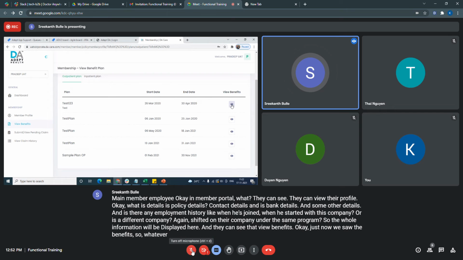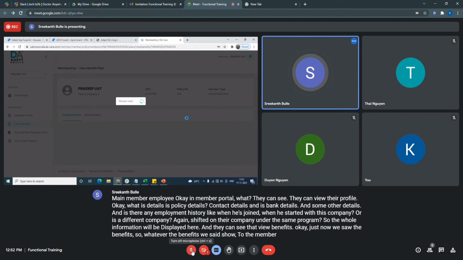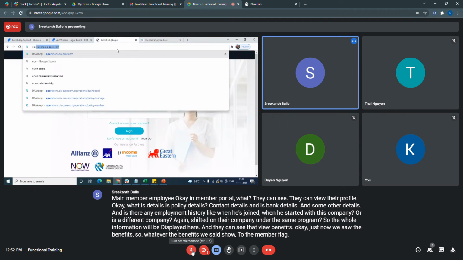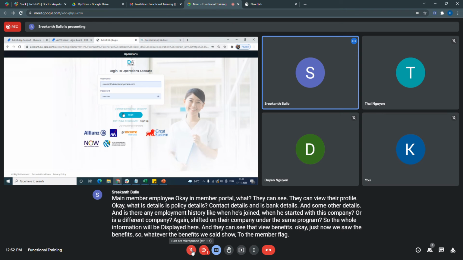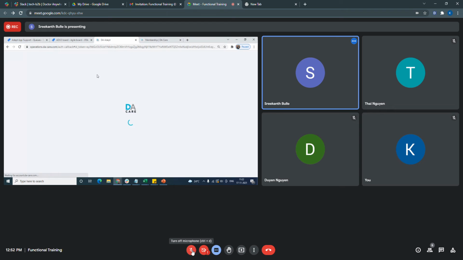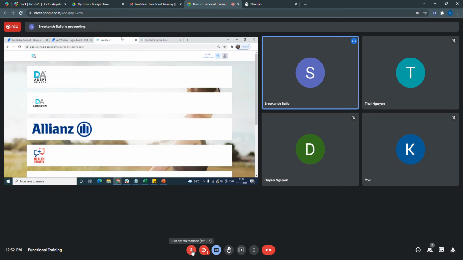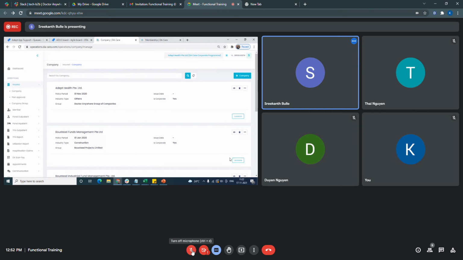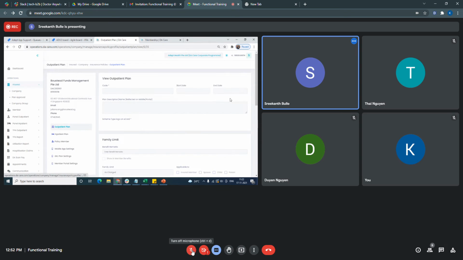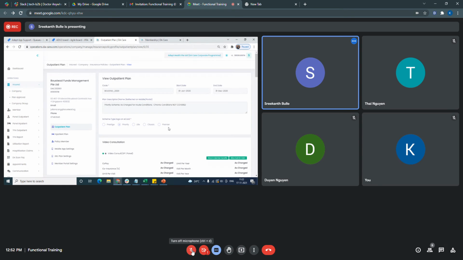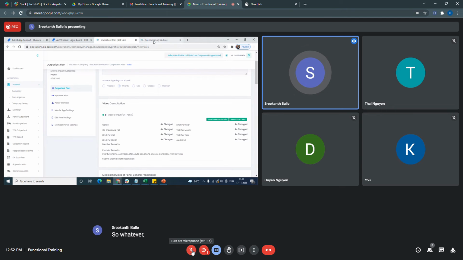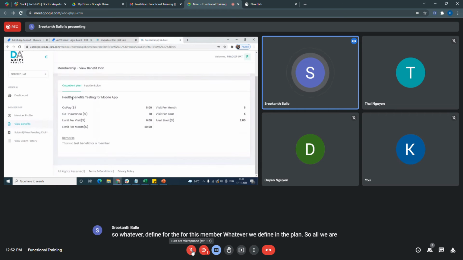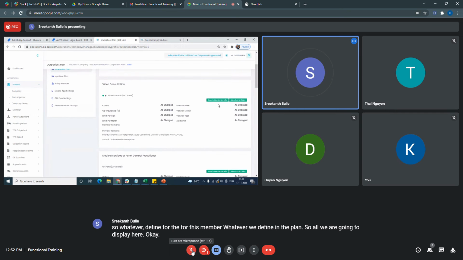Whatever benefits we set to show to the member, whatever is defined for this member in the plan, we display all of it here.